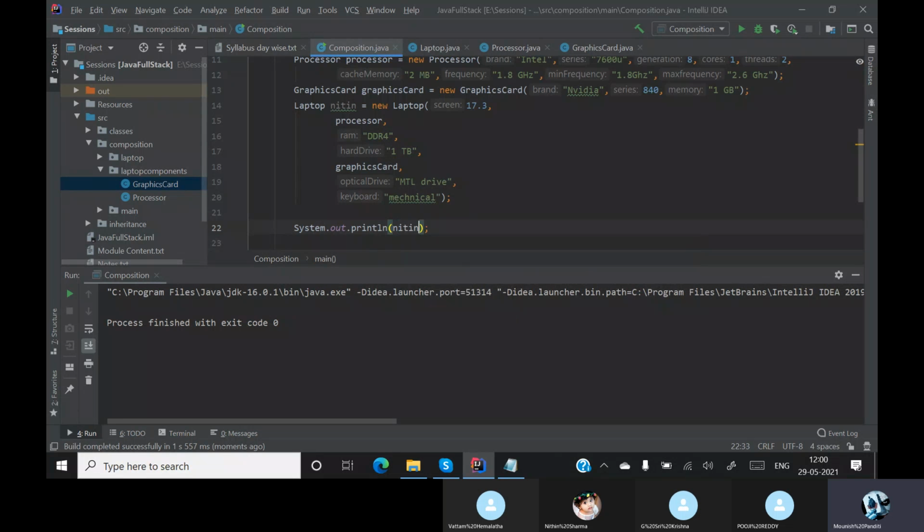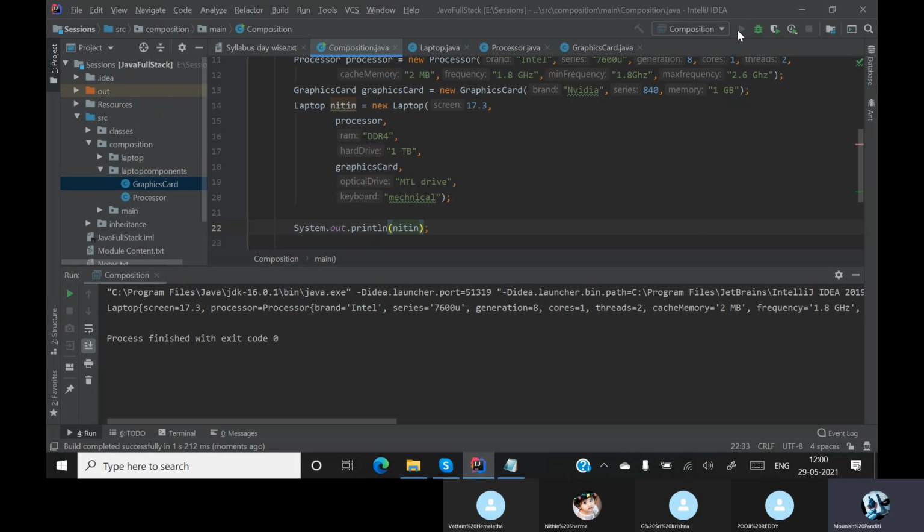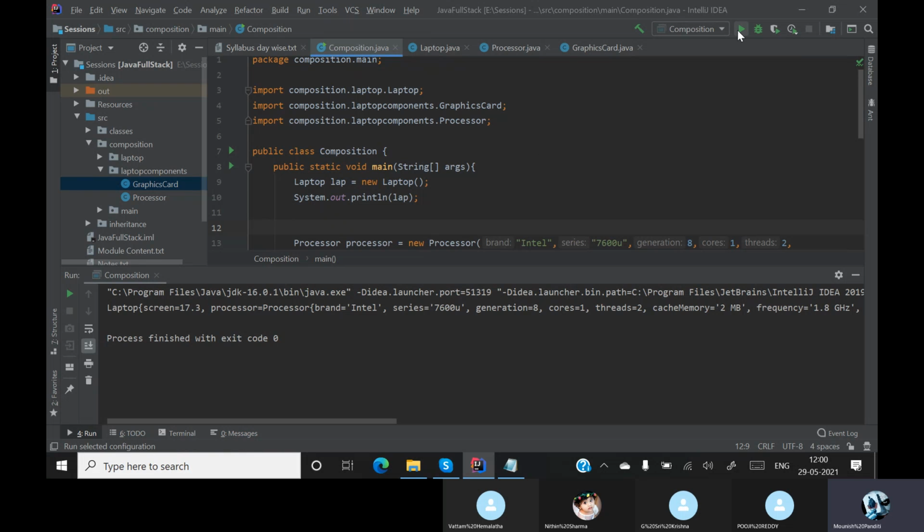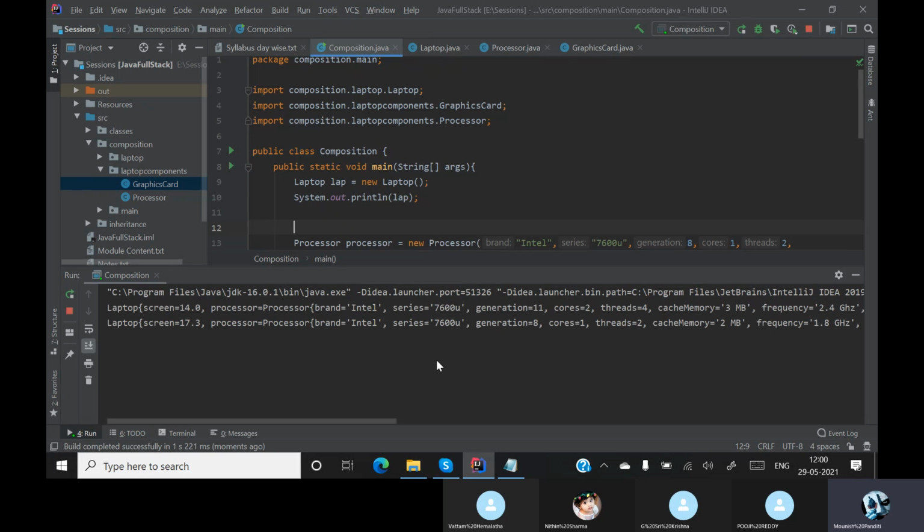So now if I say nitin and run it, everything is changed over here. Initially, these were the default statements of my laptop, and if you run it now, you can see two different statements. Statement number 1 is my laptop's default statement, and statement number 2 is completely different.